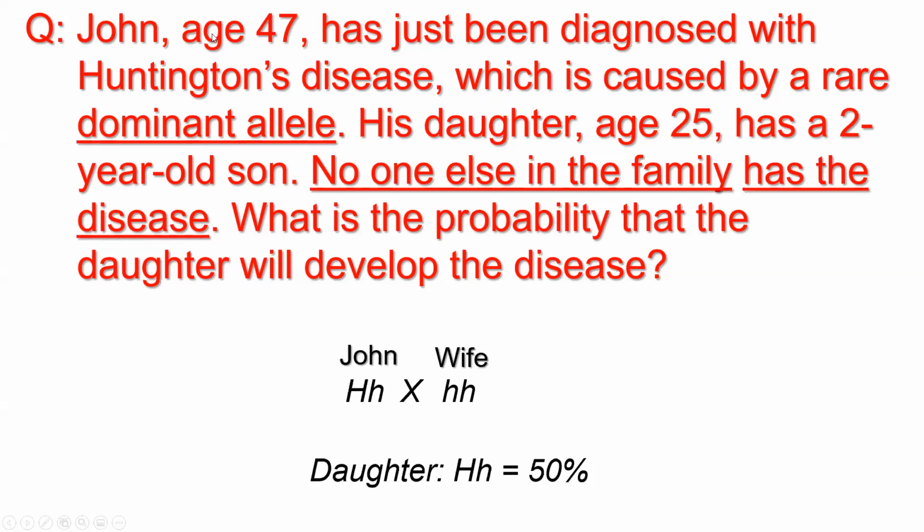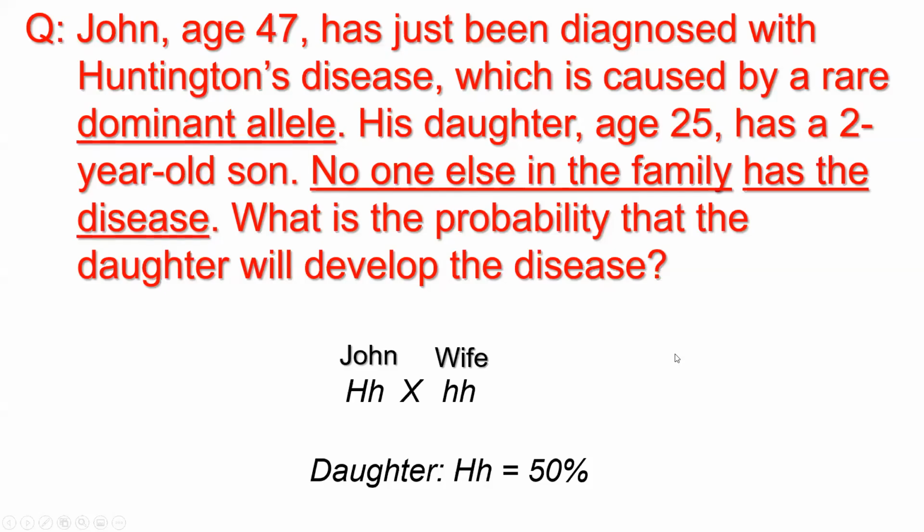So again, when I give you this kind of question in the test, try very much to extract as much information as you can. Based on the information, you will be able to find the genotype. Because if I say that every single kid John has is showing the disease, that means that John's genotype is going to be homozygous, not like this. Do you have any question for this one here? No.